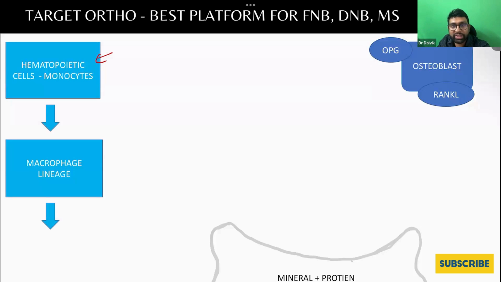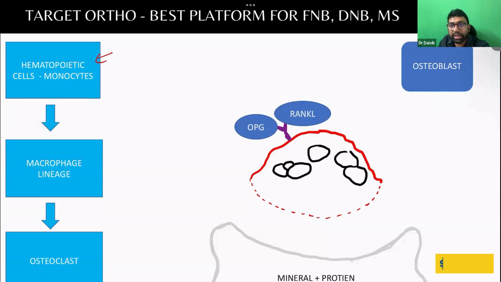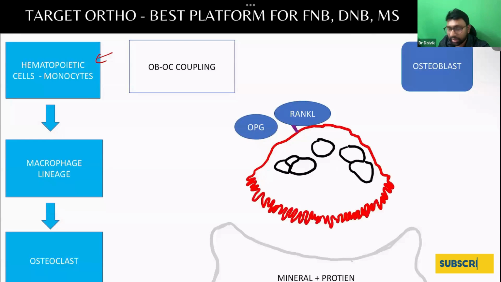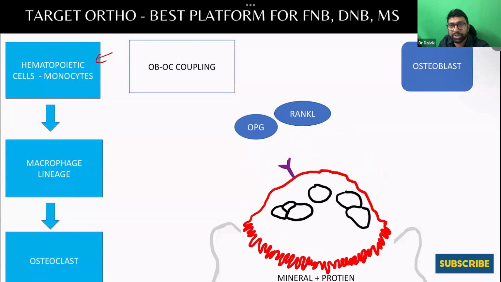They are of macrophage lineage, and once an osteoclast forms, we know how it functions. With the help of RANK ligand and OPG, osteoprotegerin, they activate the cell, give it a ruffled border, which will then go and cause osteoclastic resorption. So this is how osteoclasts are formed. So the answer here,